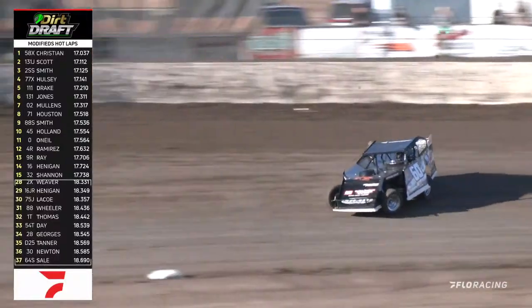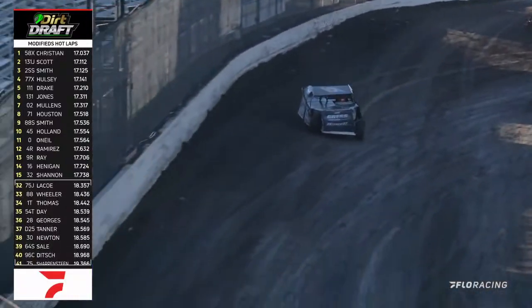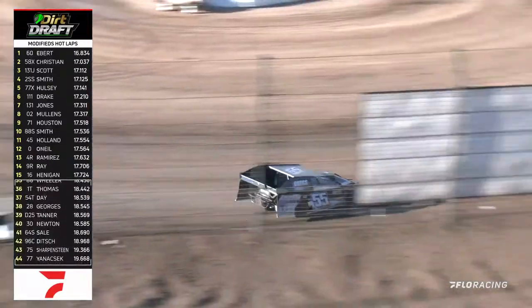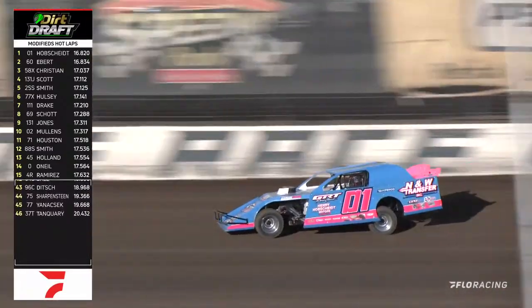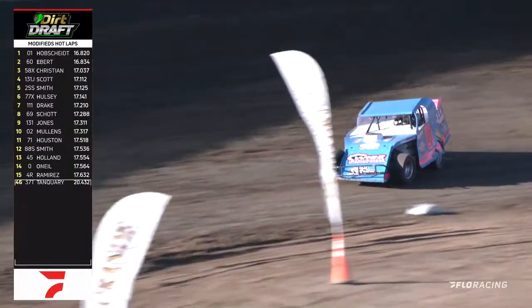So you can take a look at My Race Pass, maybe check out the lineups, and keep in mind that the modifieds and the X-Mods, they do passing points to determine exactly which 16 drivers will lock into the feature. Of the late models, you may want to set a lineup now. Maybe you want to wait until Swift Springs Time Trials presented by Screven Motor Speedway's Winter Freeze to set your lineup. Jake Hobscheit going to the top of the leaderboard. The Plattsmouth, Nebraska driver with a